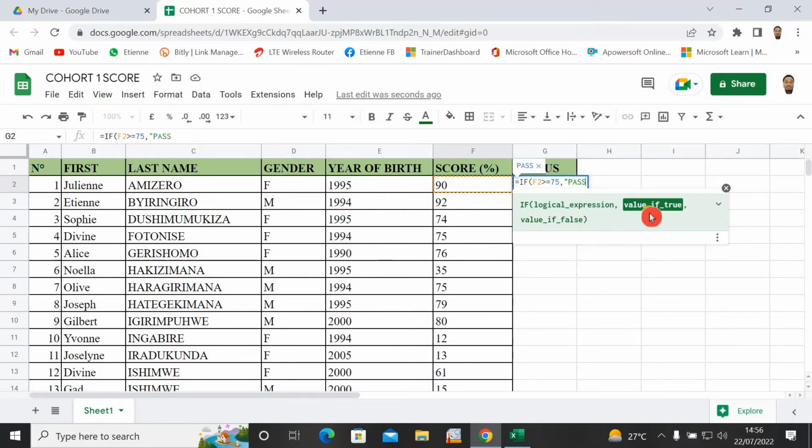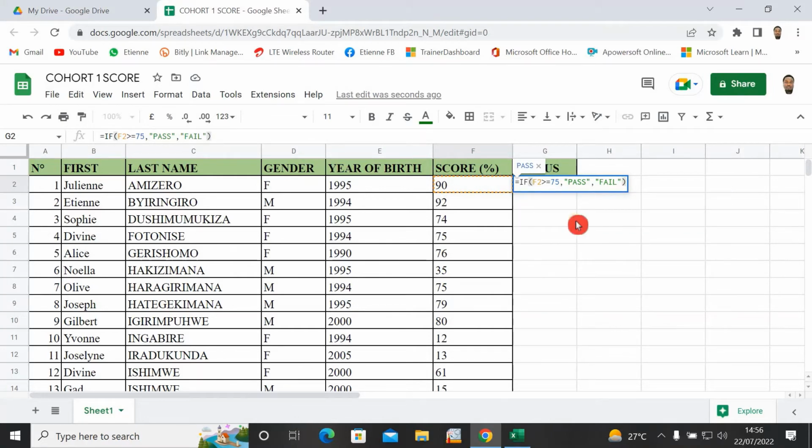I want pass, in quotes. We always quote when we are typing text in a formula. And what if the value is false? When the value is false, I want the return of fail. Let me type fail, and quote again. I close the parenthesis,